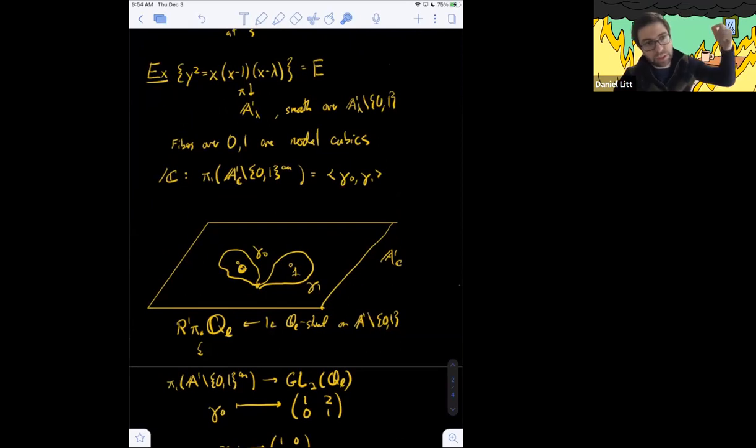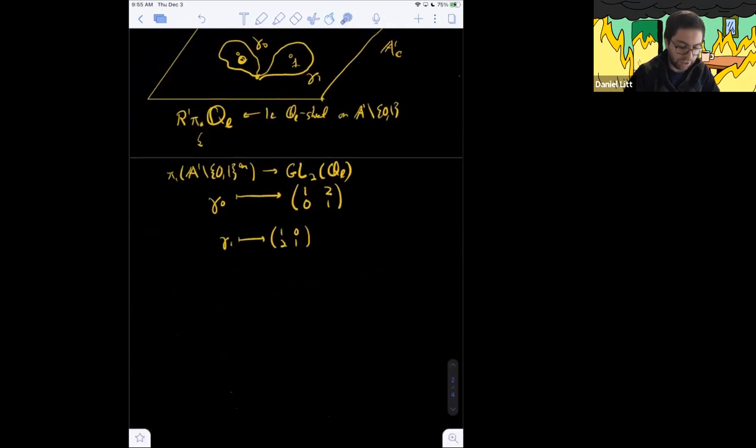The two torsion points on an elliptic curve written in Weierstrass form like this are just the ramification points over P1. That's where y is 0 and x is 0, 1, lambda, or infinity. And here, the pi 1 of this space doesn't shuffle these around. There's a two torsion section where you send lambda to, for example, (0, lambda), or (0, 1), or (0, 0). What that tells you is that this representation has to act trivially on the two torsion of the elliptic curve, which cohomologically means that this representation is trivial mod 2.